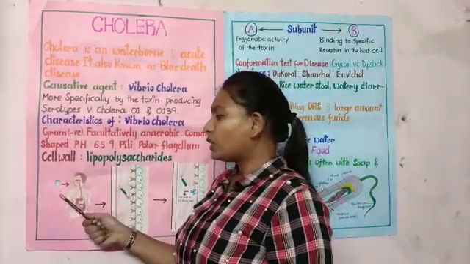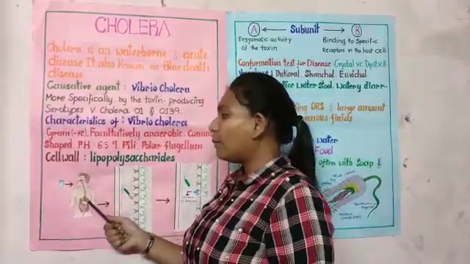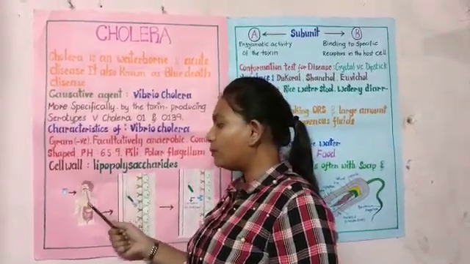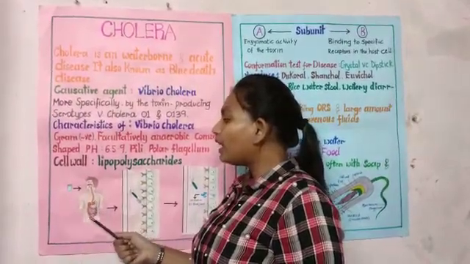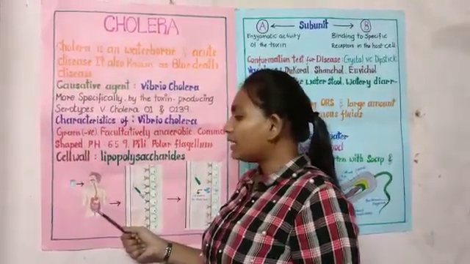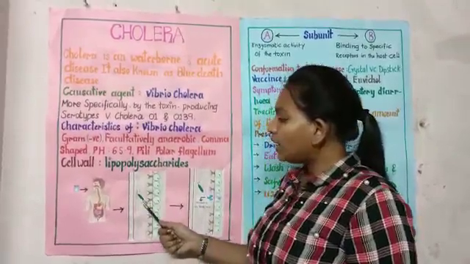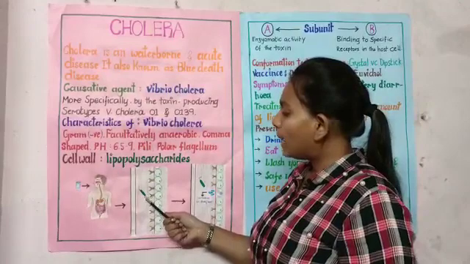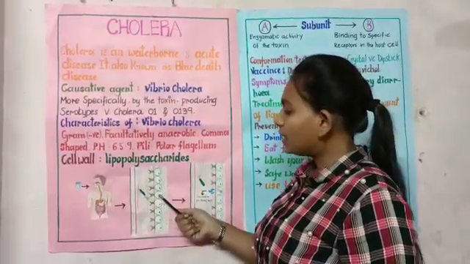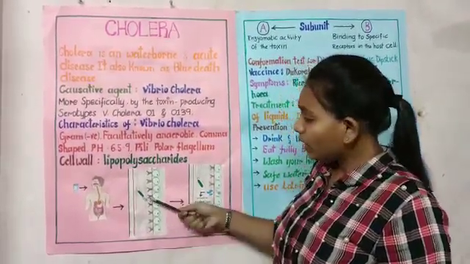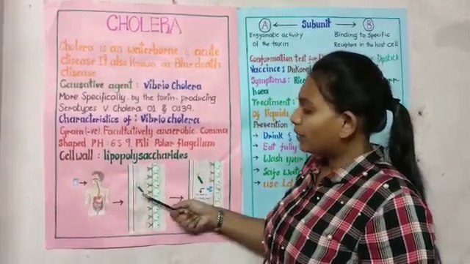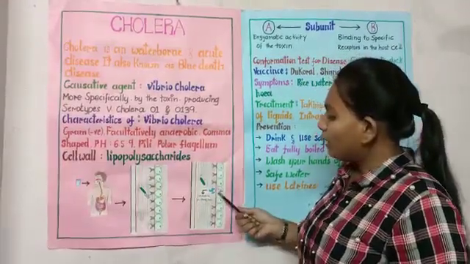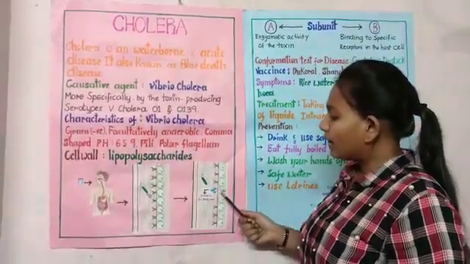When contaminated water is drunk by a person, it directly enters the digestive tract. When Vibrio cholerae enters the intestinal tract, the B subunit binds to receptors and enters the epithelium. Along with the B subunit, the A subunit will also enter the cell. When they both enter the cell, then